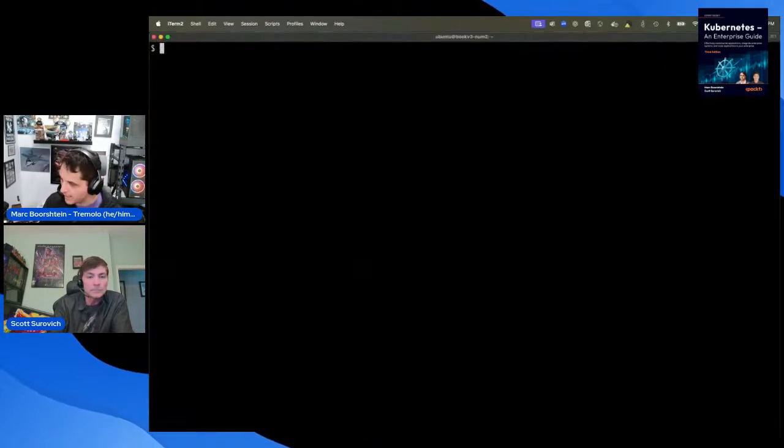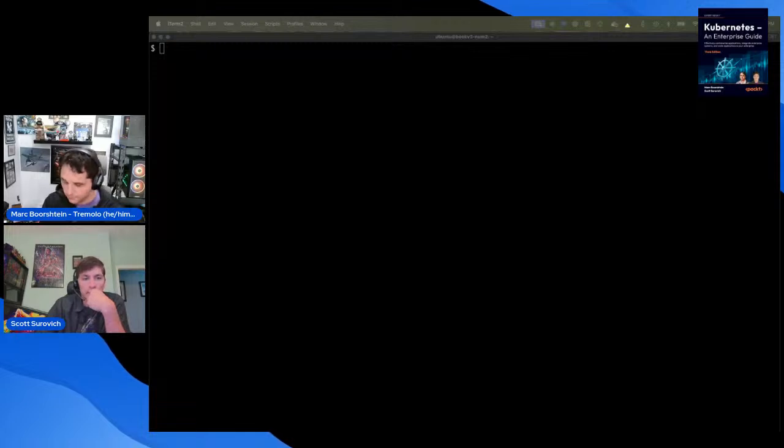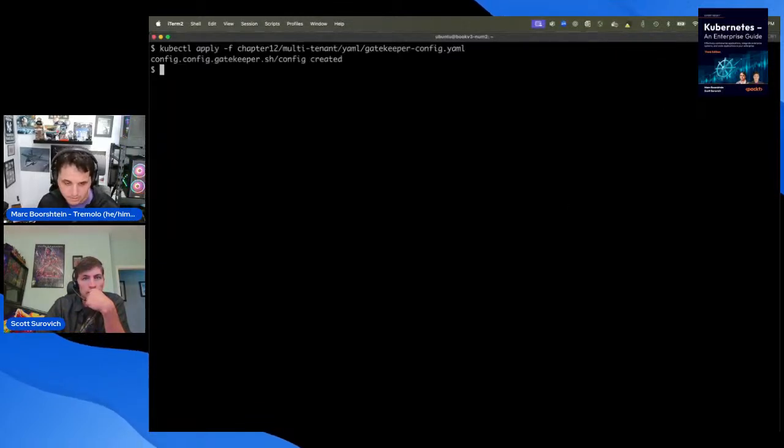So we've done that. And then, okay, we look at this in the book. I'm on the bottom of page 364. So we're going to update the config. I don't really remember why. I'm going to guess it's to do caching in Gatekeeper of Kubernetes objects.